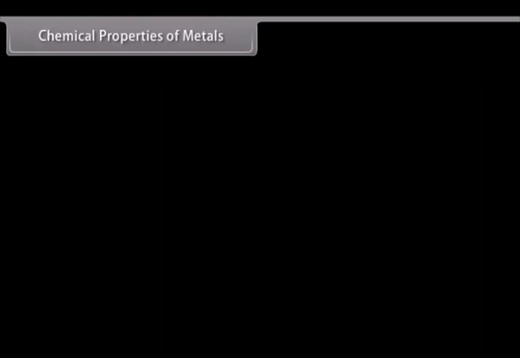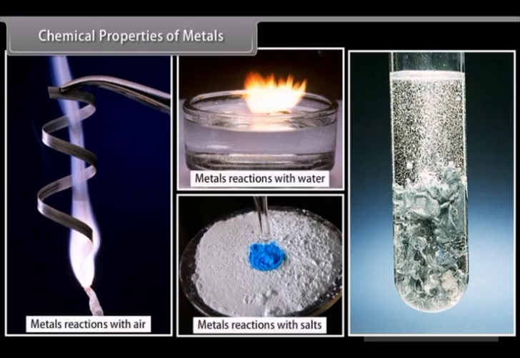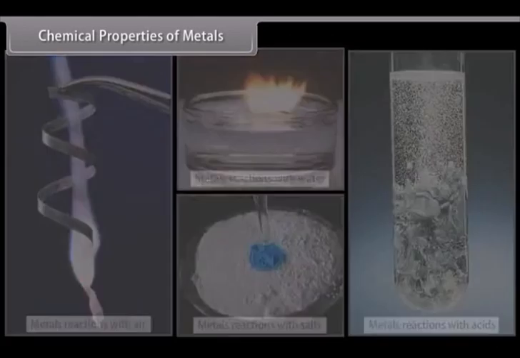Chemical properties of metals. Let us look at some chemical properties of metals. These properties include reactions of metals with other elements, that is, air, water, acids, and other metal salts. With air,